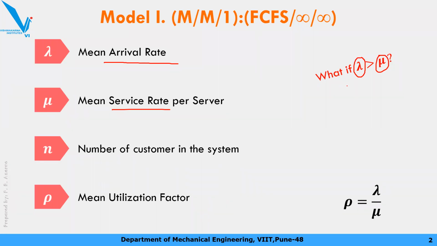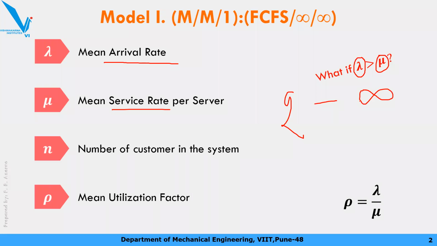So 5 customers are still in the system. In the next hour, another 10 customers will enter in the system. So now in the second hour, 15 customers are present. उसमें से आप सिर्फ सर्व कितने कर रहे हो? 5. So now in the system there are 10 customers already, and third hour में और 10 आने वाले, so 20, and it will go on. So what if the lambda is more than mu? The queue formation, queue is infinite. The queue will not end at any moment.